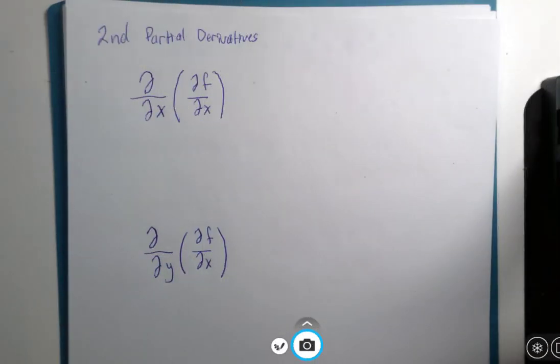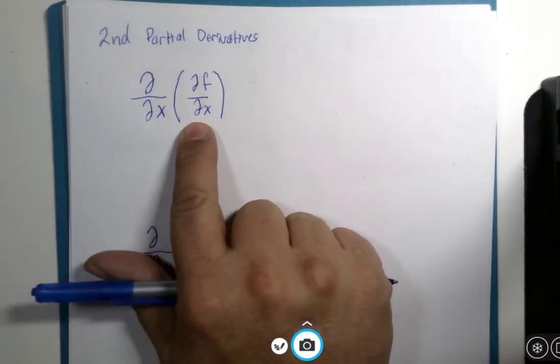You can probably tell from what you can see, I'm not really hiding what we're about to do. We're going to take just a little bit of time and investigate what's called the second partial derivative. So notation-wise, what you're looking at here are two examples of a formal notation for partial derivative using the partial derivative symbol